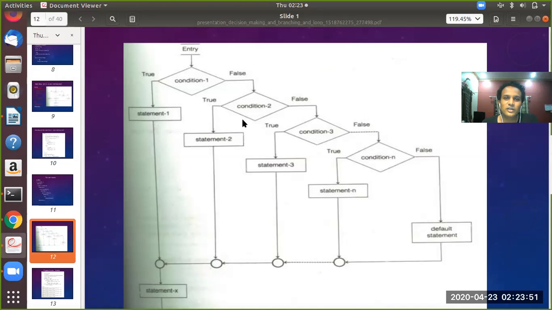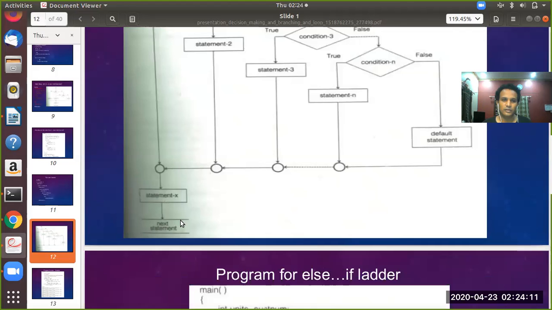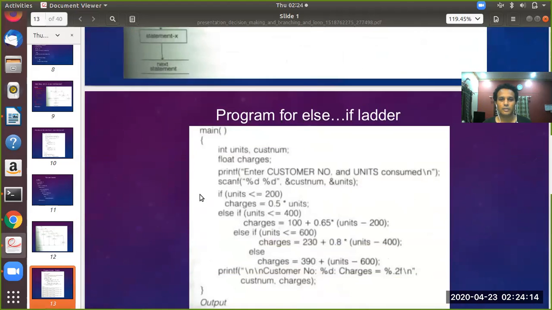True means execute, otherwise false. Like that it goes up to condition n. When all the conditions fail, the default statement is executed. Understand? After executing the default statement, statement X will be executed. That is the meaning of this.